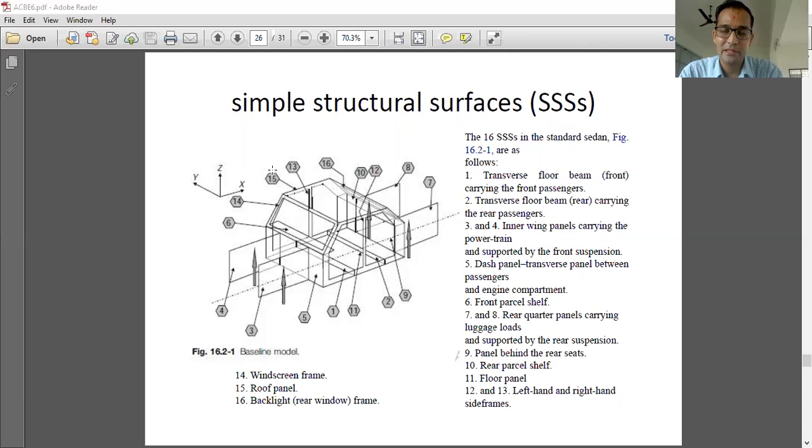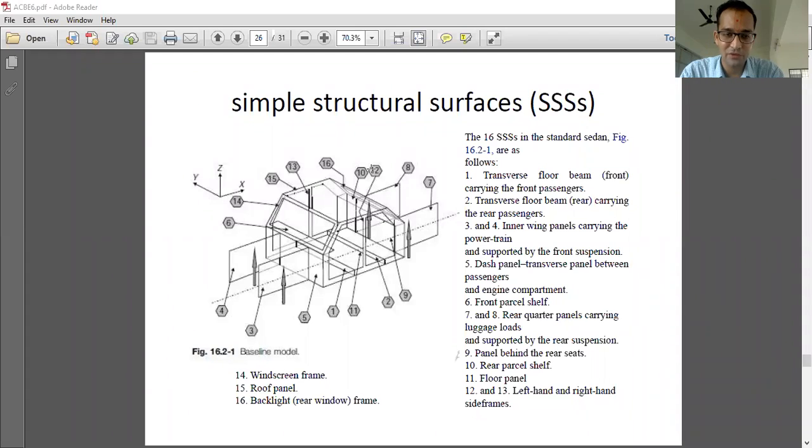And the whole chassis system is supported by wheels, with an incorporating component which is the suspension system. Whatever dead weight is identified is due to the whole system's gross weight. That load is going to be distributed in 4 different zones. At the front, half of the load is distributed, and at the rear, half of the load is distributed. In front, we have 2 wheels and 2 suspension systems, so the load is transferred to the wheels through the suspension system.